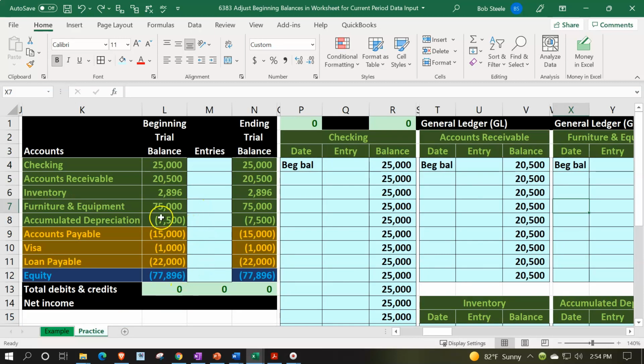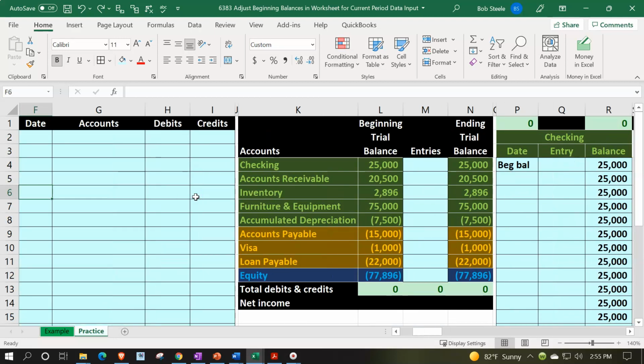We're ready to do data input with the beginning balances, posting both to the trial balance format so we can see a nice little worksheet format. And we've got our beginning balances starting the new period in our general ledger ready to move forward, which we will do